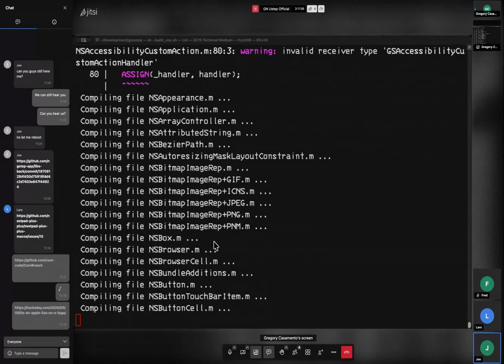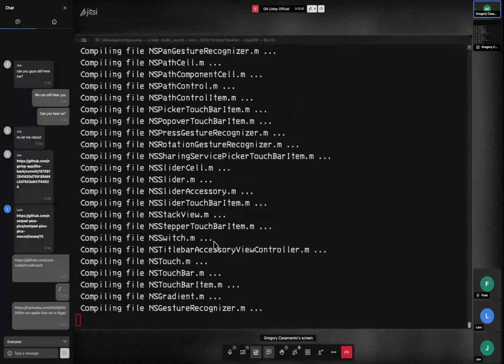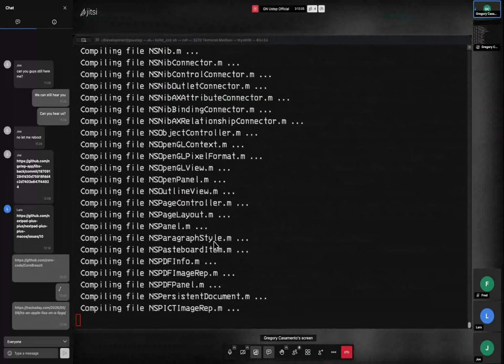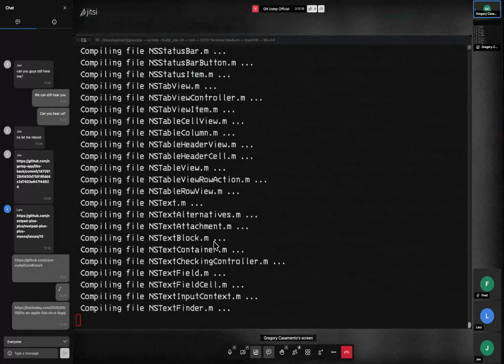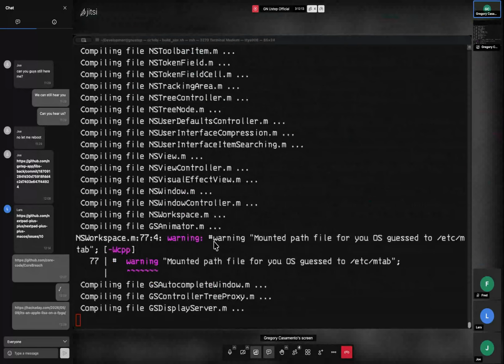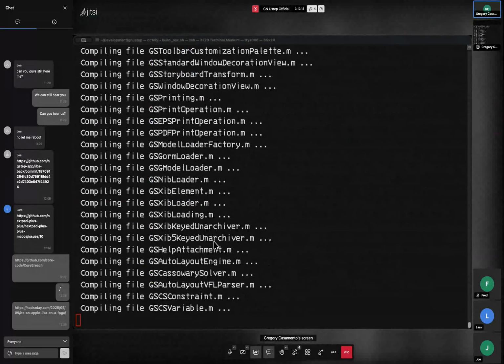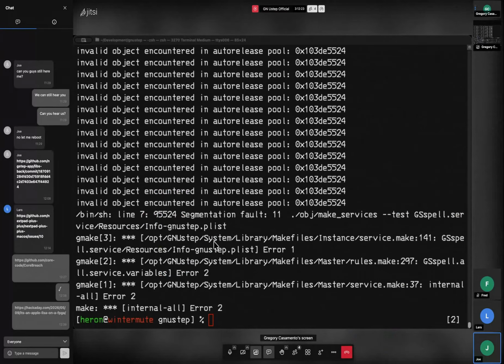So it finished up base, and now it's building GUI, and it's going to get all the way through, and then it's going to try to run make services, and then it gets this error when it comes to the autorelease pool stuff, because apparently it's trying to link against the wrong library somewhere, or it's hitting the wrong symbol. You'll see it here in a moment. So it's very close to being done. It's just not, because it's hitting this,